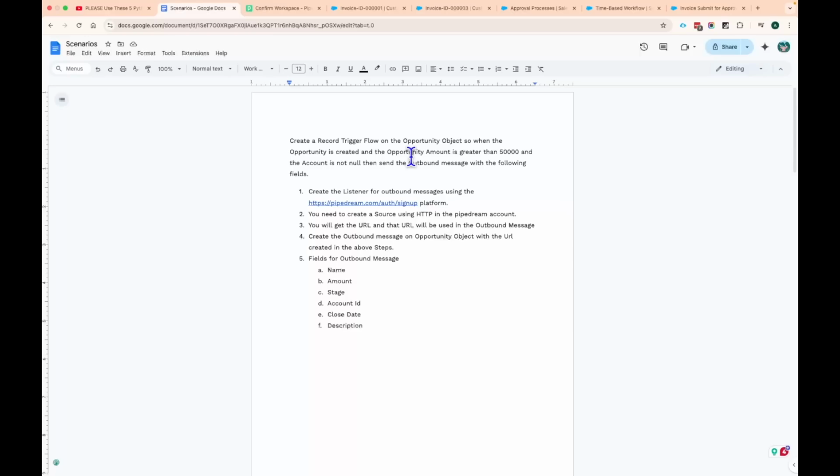There are multiple ways to send data out of Salesforce, and one of them is outbound message. Because we are talking about the Salesforce flow series, we are going to talk about outbound message. Before we talk about the scenario, or before we say where to send it, let's sign up for a platform called Pipedream. Pipedream is a platform which is going to be helpful for us to test